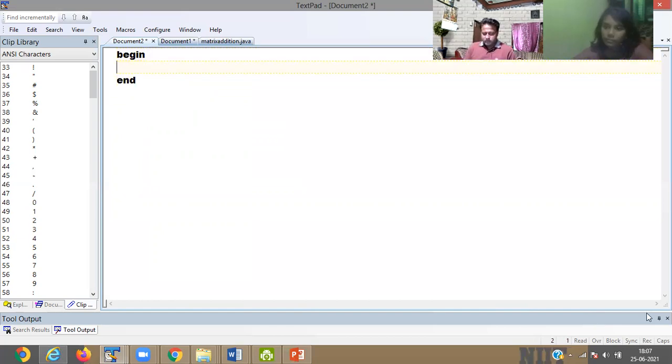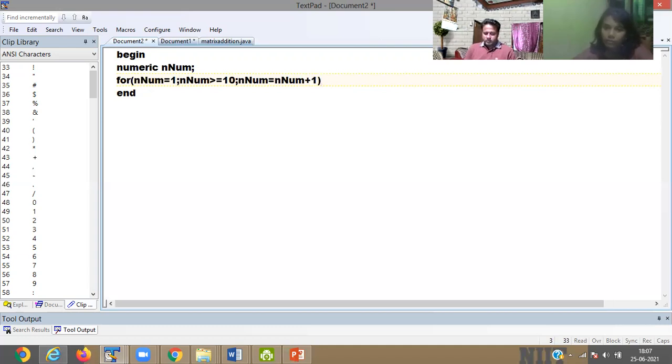First I define numeric nNum. Then for nNum equals 1, nNum less than or equal to 10, nNum equals nNum plus 1. Begin, then end. Then display nNum.